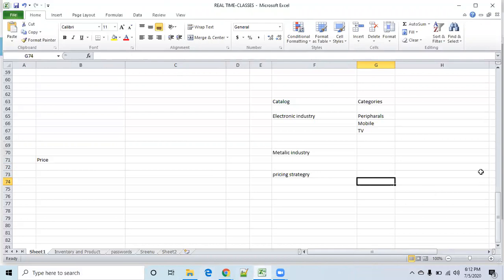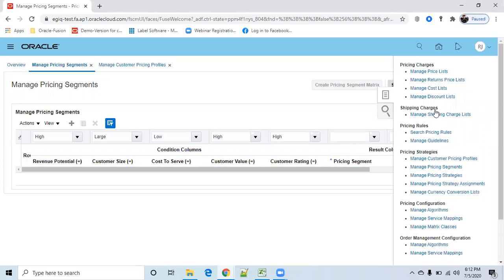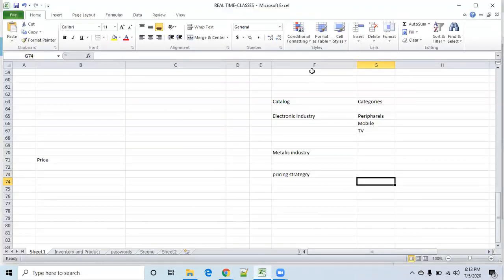If we go to the task list here, these are the pricing lists: manage pricing list, return pricing list, discount, cost list, shipping charges. These five combinations are nothing but the price lists.